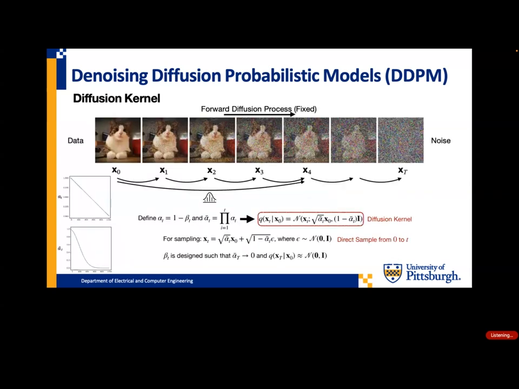So this is just what we came up with. For sampling, meaning the reverse step, like how do we get the original, sampling means that we can directly calculate xt from x0, and beta t is designed such that